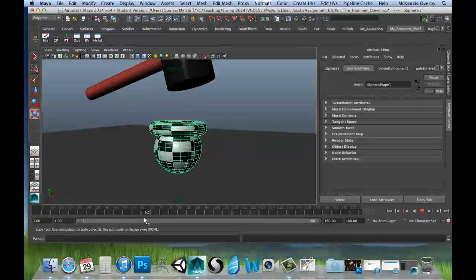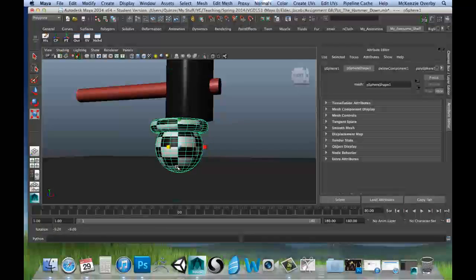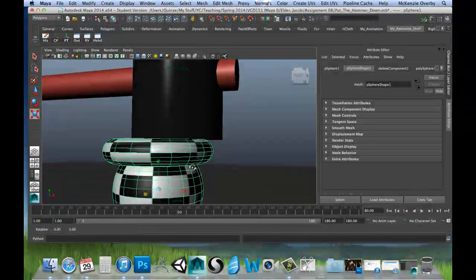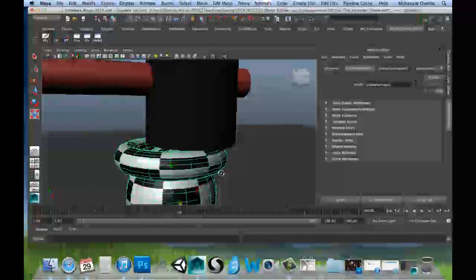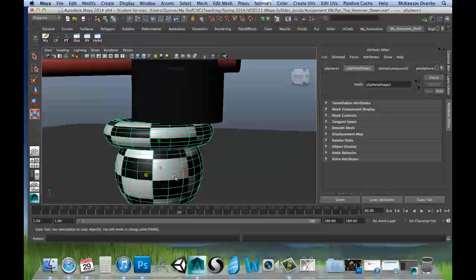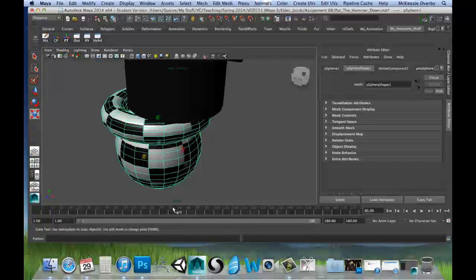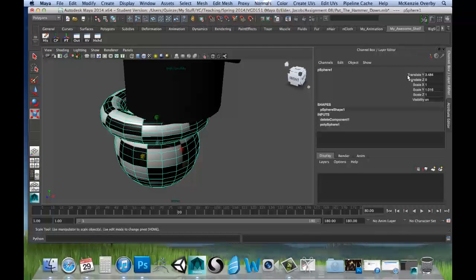Here comes the hammer, right? And right at frame 80, it looks like, is where this really comes significantly into contact with this object. So this is where I'm going to set my first key for this object, because up until this point, it's retained this shape. So I'm going to come over here and,